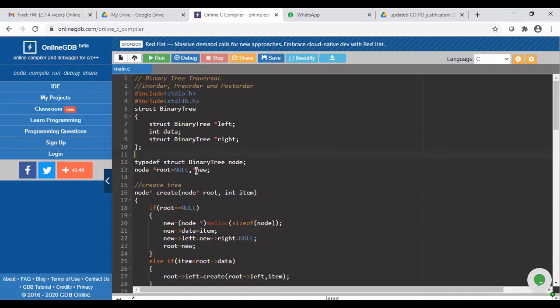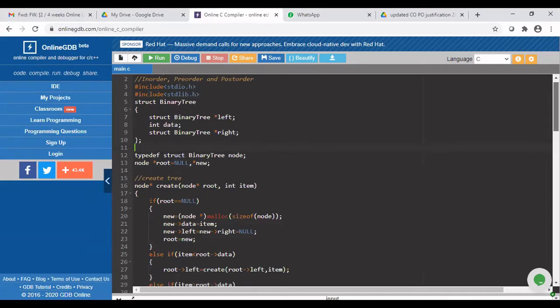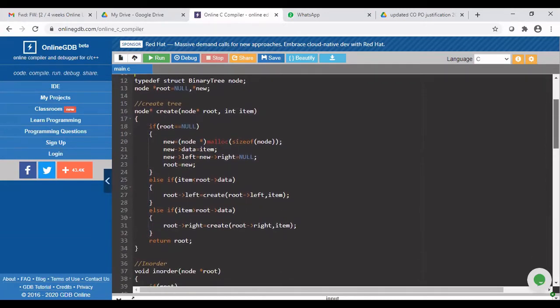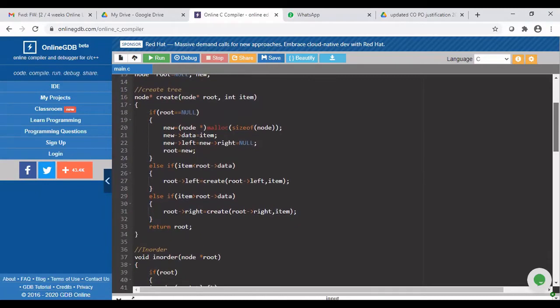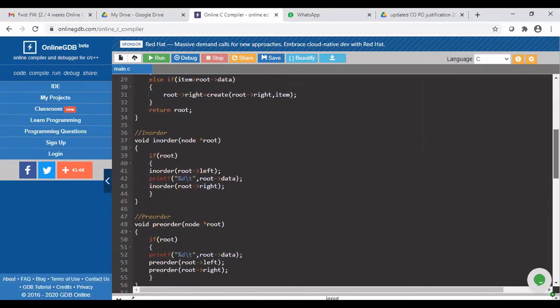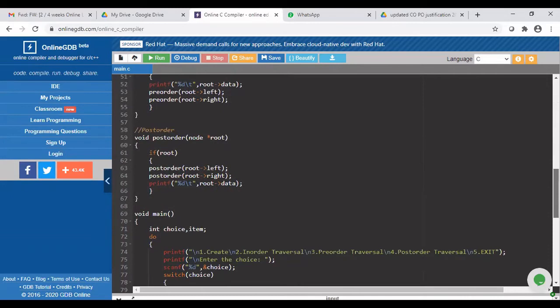When we start our program, there will not be any tree existing. Therefore, I have to initialize the root as null to indicate that the tree is initially empty. Both these pointers are pointing to the structure we have created, so we are writing the data type as node. Up to this, we have created the structure and the necessary variables. Now, let us see the main first, then we will come to the different functions.